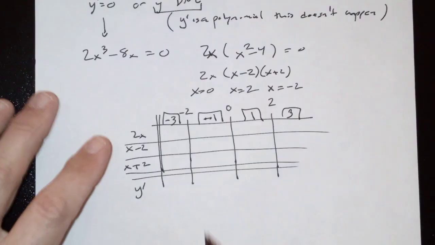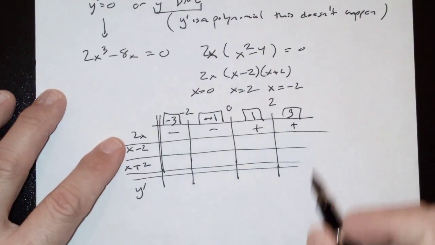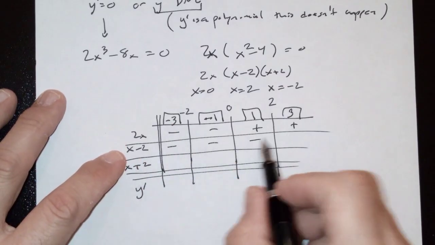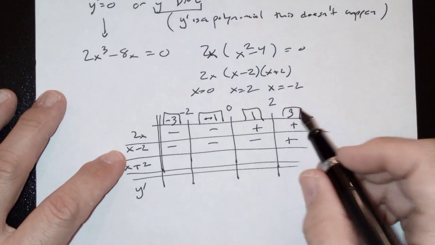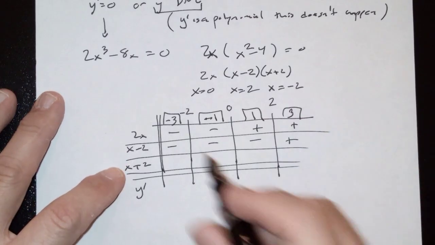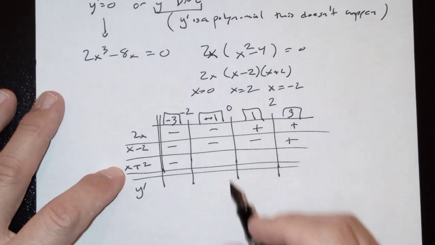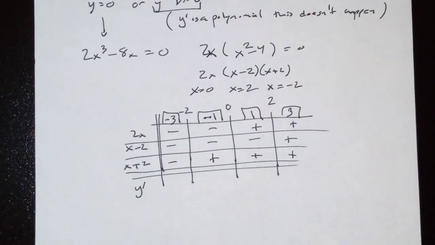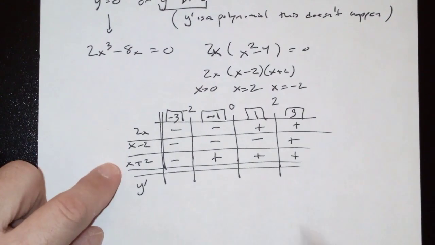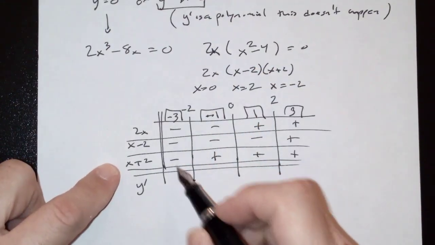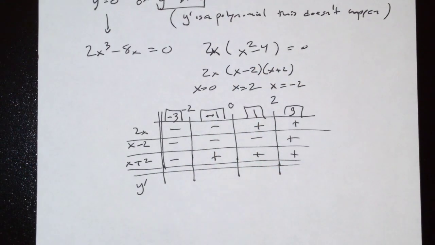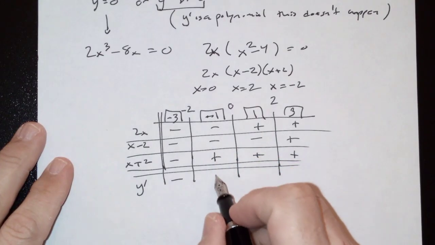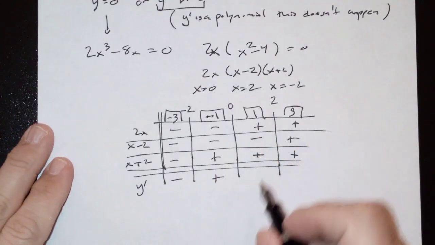Now I just plug in to 2x. Doubling a number keeps its sign. If I subtract 2, the only one that's positive is 3 minus 2. If I add 2, the only one that's negative is -3, because the rest of these give me a result that's positive. I multiply these pieces to get y prime, so I multiply these signs. Negative times negative times negative. Two negatives make a positive, multiplied by another positive. Two positives times one negative,